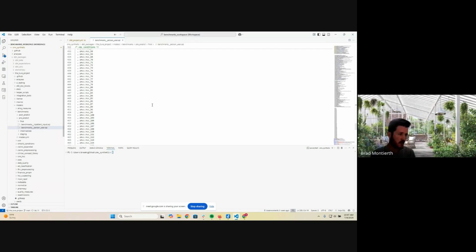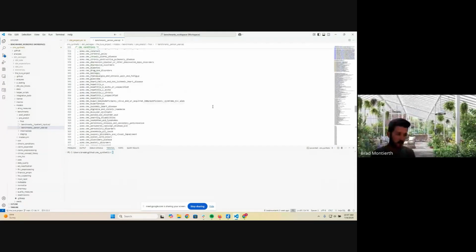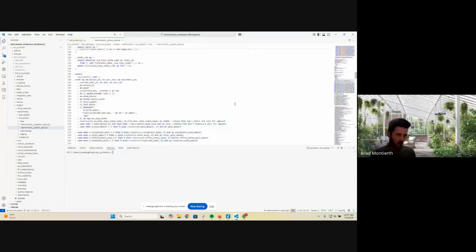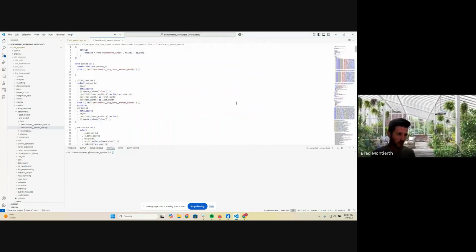And these models are disabled by default. If you want to run them, you just need to enable the benchmarks train variable. You can do that via the command line. Ideally, if you're orchestrating this via Prefect or Airflow or something, then you can invoke that as you would normally.